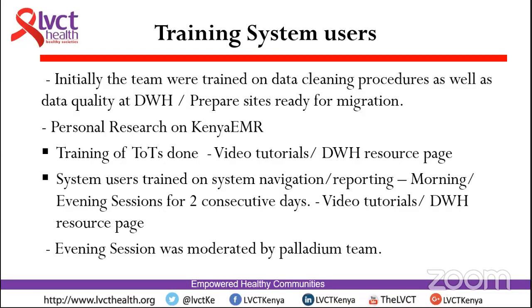And then on my side, I also did some personal research on the Kenya EMR, just to understand how Kenya EMR is working, what it is all about, and what is the comparison between these two systems. And then around early June, I did a TOT to 4 facilitators who were supposed to help me during this mass rollout, so that I don't find myself overwhelmed with the work. And I also introduced them to the data warehouse resource page, so that they can get these training materials, and also the YouTube for getting the video tutorials that they can use, and also give